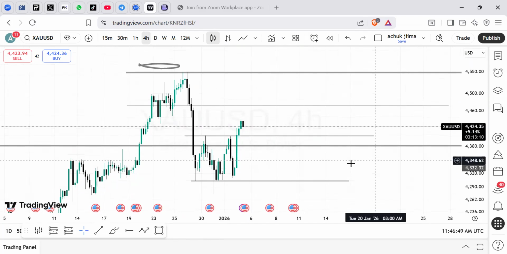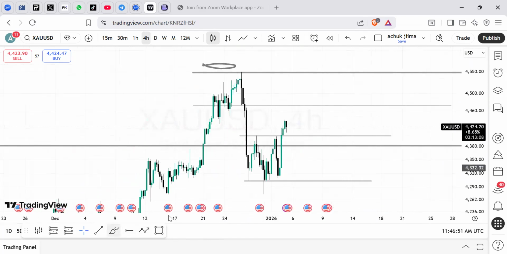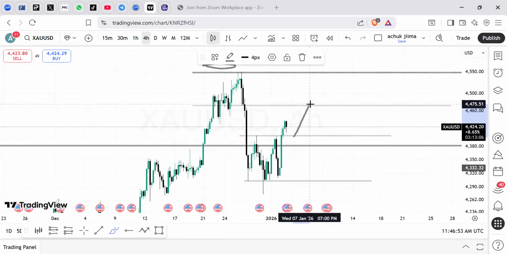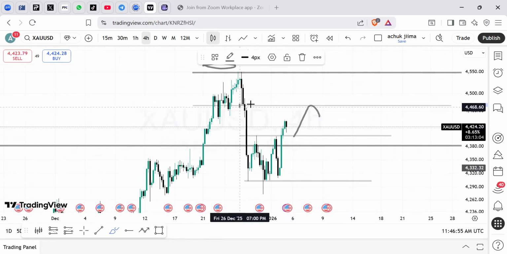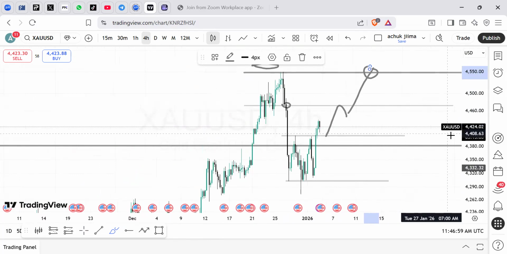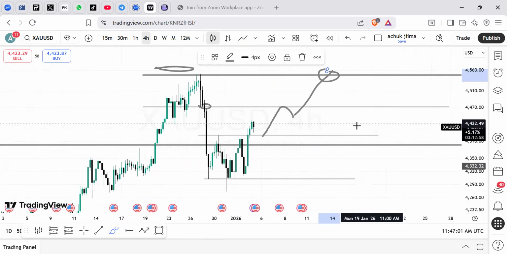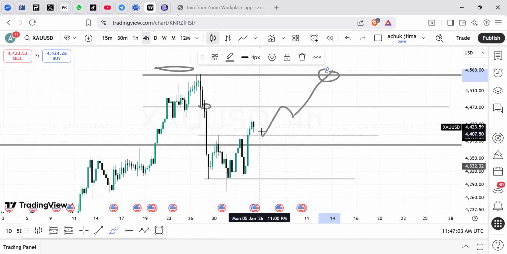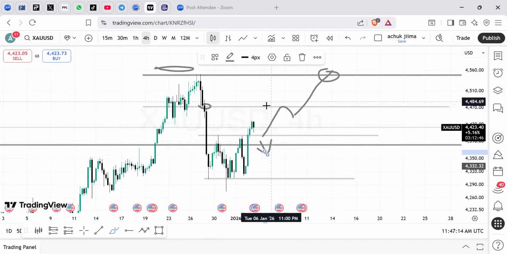So for gold, all we are doing now is that we have this, and then maybe the market reacting from this price difference and then going to an all-time high. This is the move for gold I'm expecting, and this is the move I'm into with these buys here. Of course, I will cut my losses in case the market comes back into this area. If we come below this, I will cut my losses, but now I can enter my buys and hold. Possibly, this is an area I will be expecting a reaction and then a move to all-time highs.